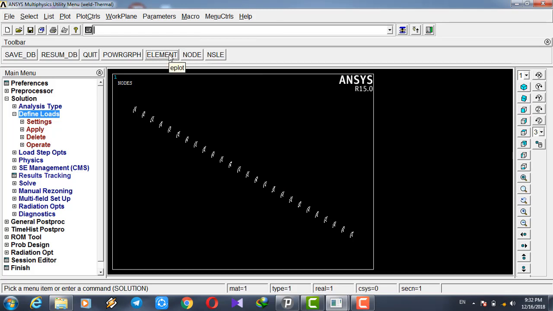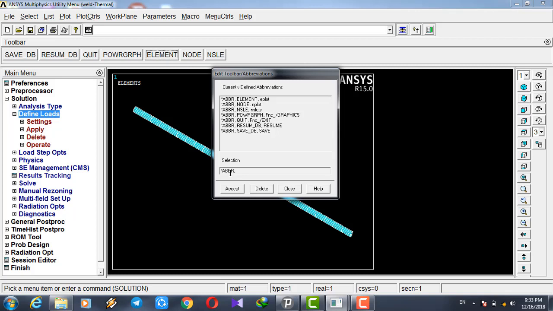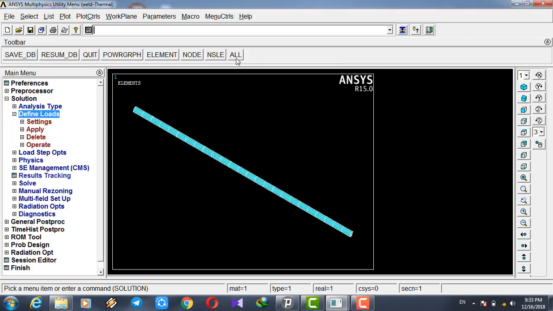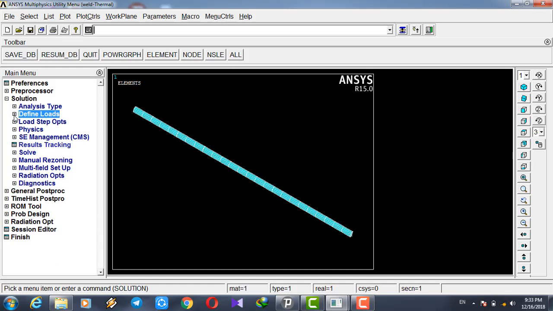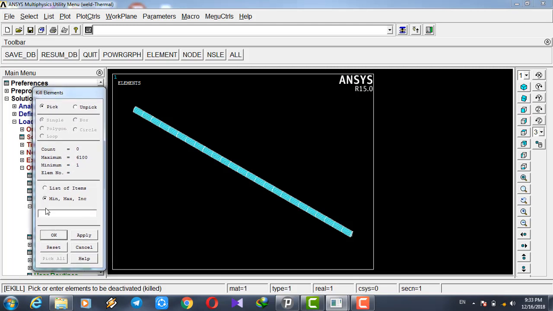After selecting these elements and nodes, now we must kill these elements. For killing these elements, we prepare a toolbar. For creating the toolbar, go to menu control and import the command in this, and select accept. After this, go to load step options and go to other, and birth and death, and select kill elements. In this window select the minimum and maximum increments, and import the number